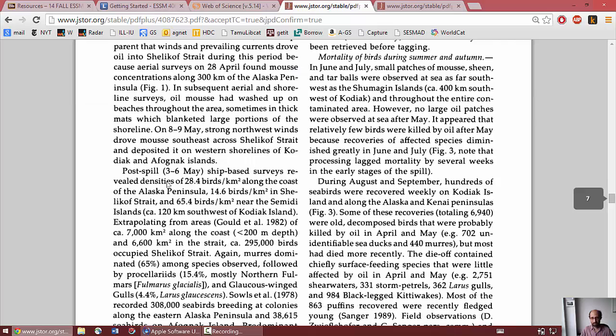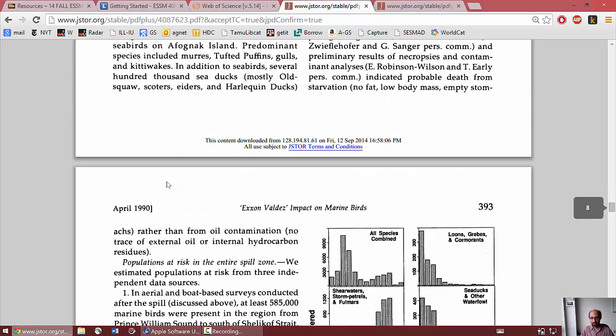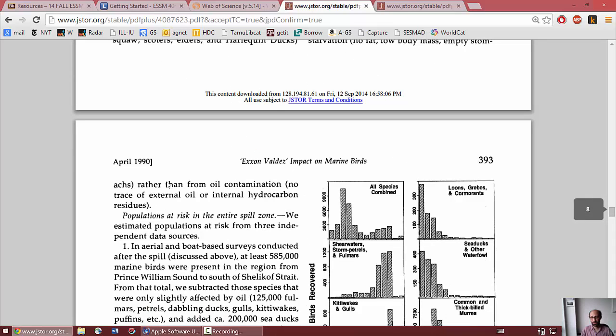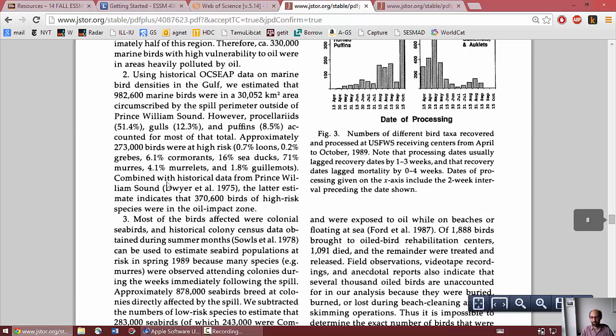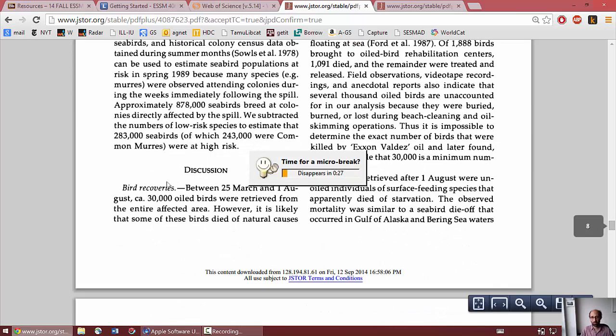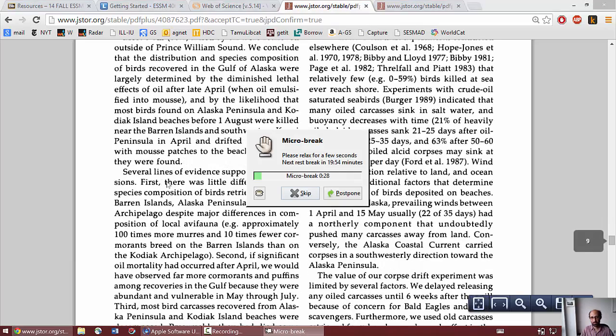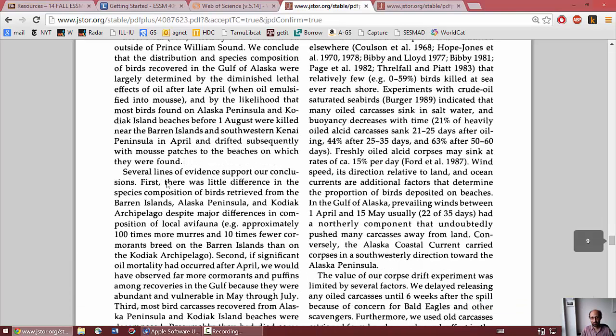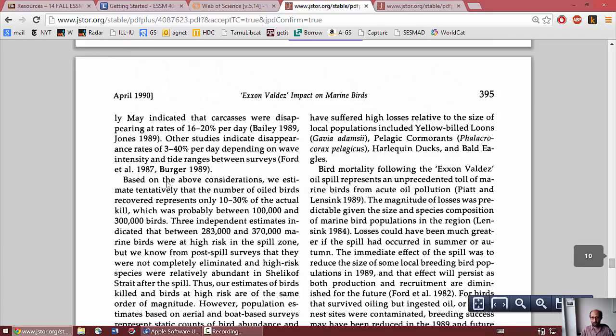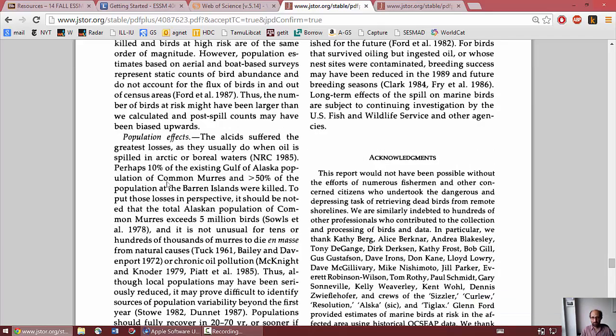So we're going to scroll down, and often the second part I'll read after the introduction is the discussion and conclusion. That's where they tell you what the significance of what they found is. And that might be more important than knowing all the details of what they found. So I'm going to scroll down,